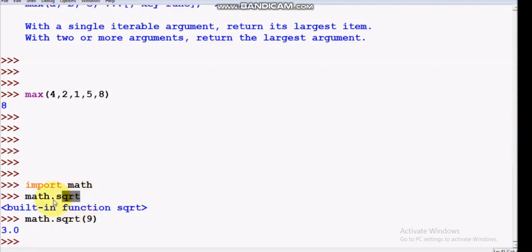Now, sometimes these modules are hard to spell or write. So what you can do is define your own variable for these module names. For example, I can declare a variable called square root, which is equal to